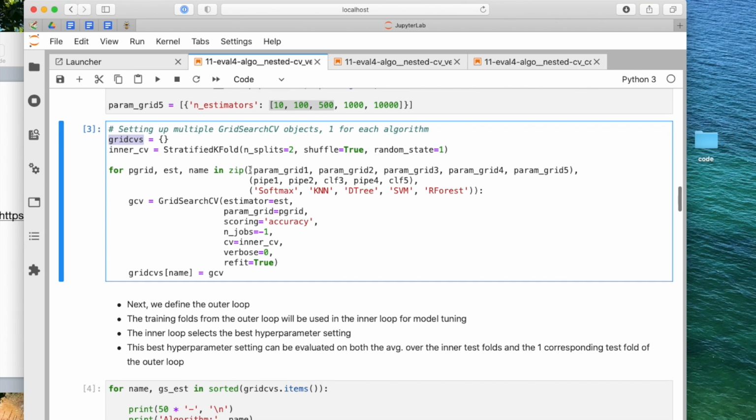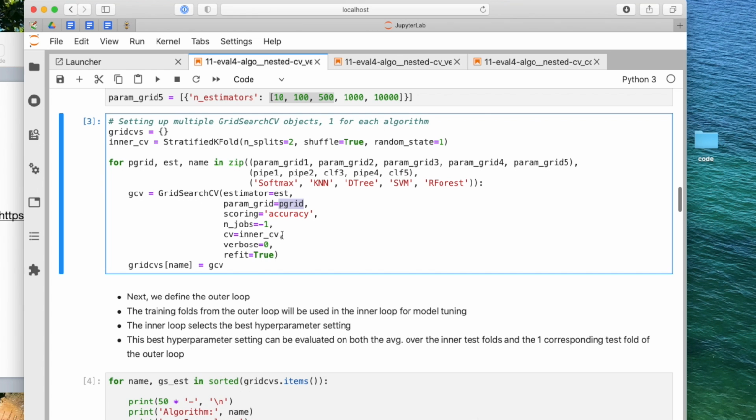And then what we are doing now is we are just iterating over our combinations of parameter grids with a classifier and then its name. The name is just so that we can save it in the dictionary and assign a name so that we can find it later. So for each classifier here, we are creating a grid search object from the grid search CV class. We are giving it the estimator. The estimator is the second object, so in the first iteration it gets pipe 1, then the corresponding parameter grid,